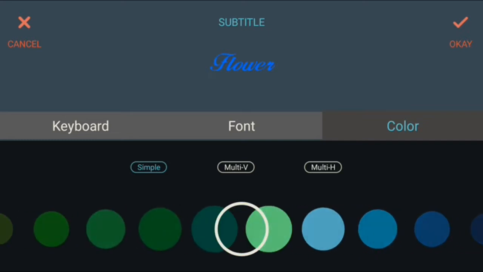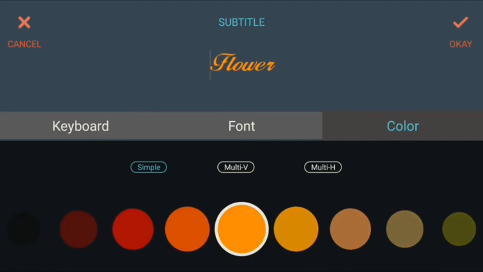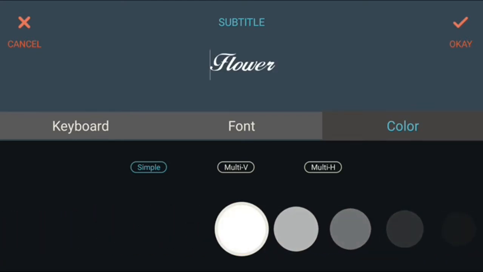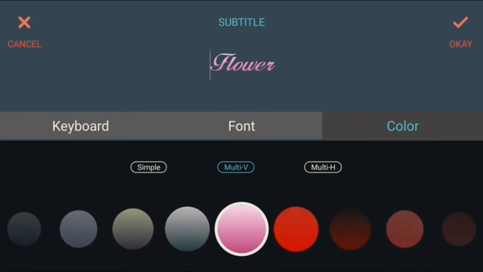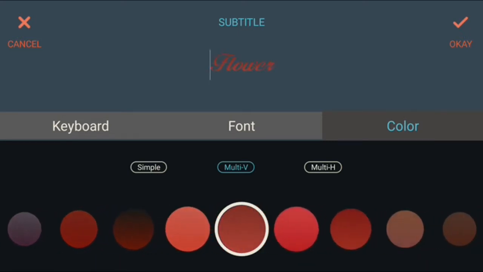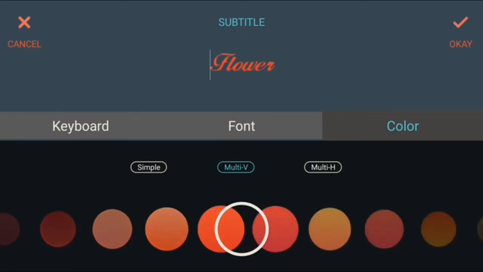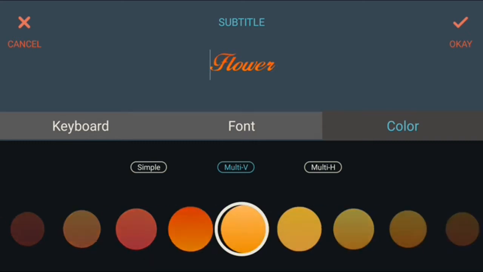So whatever color you select from here is the text color. Now multi-vertical, the shade of the color is varied in vertical fashion.